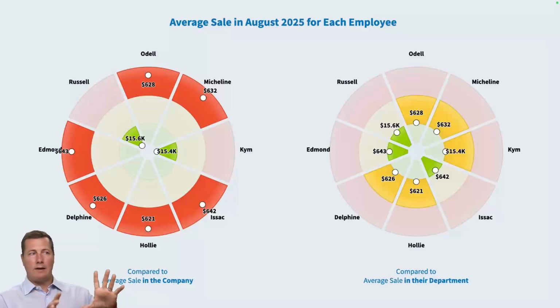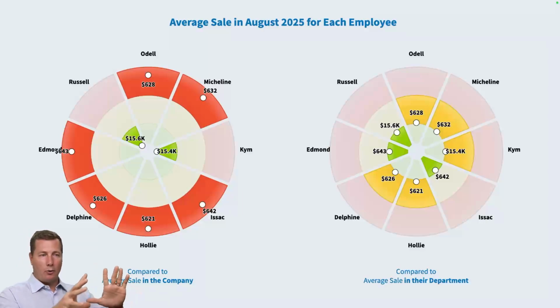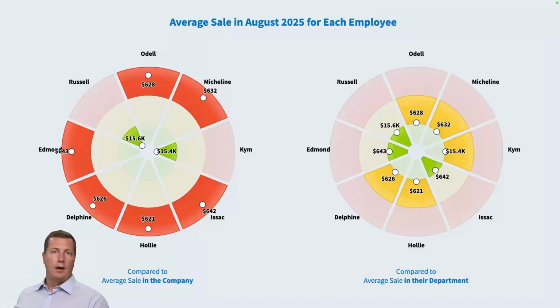All that makes sense if this is on the same scale. But on the right-hand side, I've added a new filter where I am comparing each person against their department's average sale. And all of a sudden the numbers shift because corporate sales are massive. There's only a couple of corporate sales every month. And then retail sales, you'll sell 100 times more product than the corporate side of things, but your sale value is very small. So if you notice over here on this right-hand side, Kim has 15,000 of sales, and she's